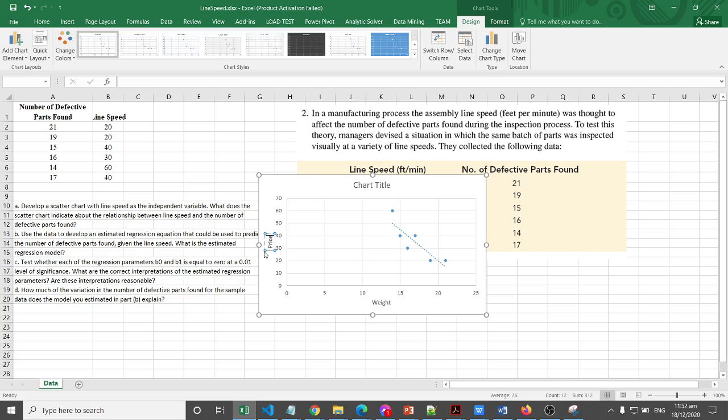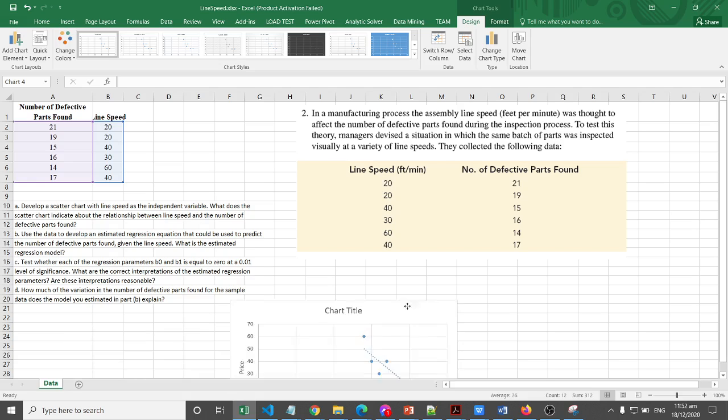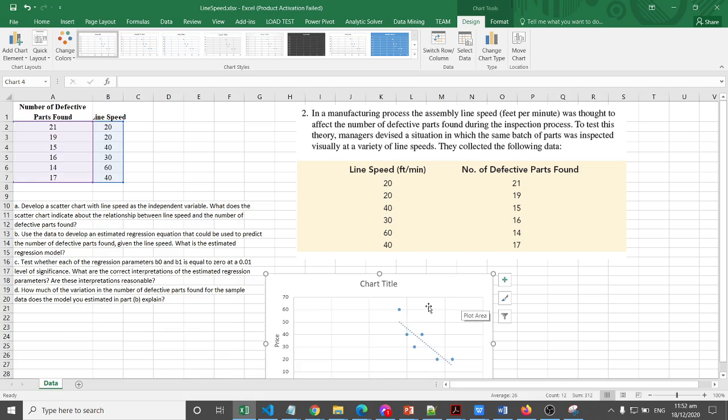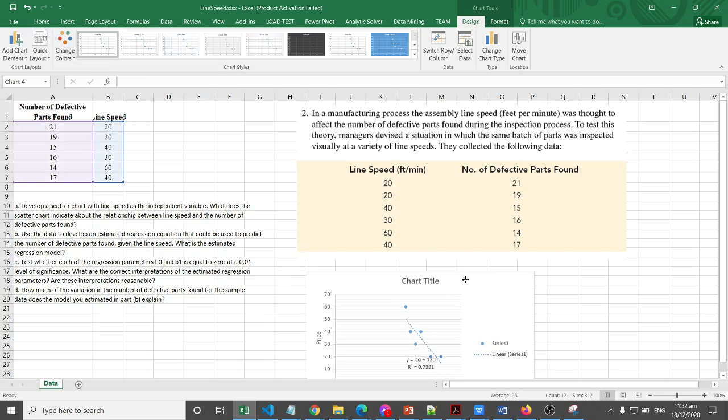And for letter B, we're going to use the data to develop an estimated regression equation that could be used to predict the number of defective parts found given the line speed. And the question is, what is the estimated regression model? So using this scatter chart, we can also display the estimated regression model,